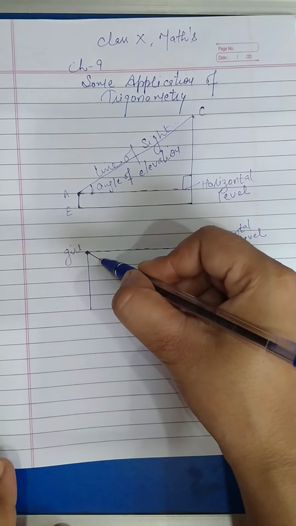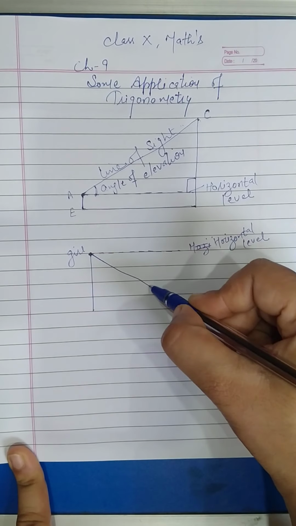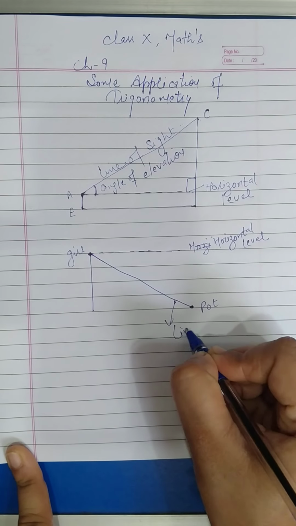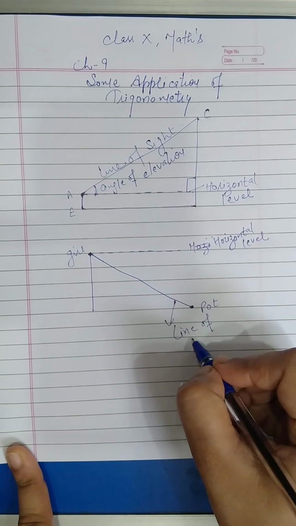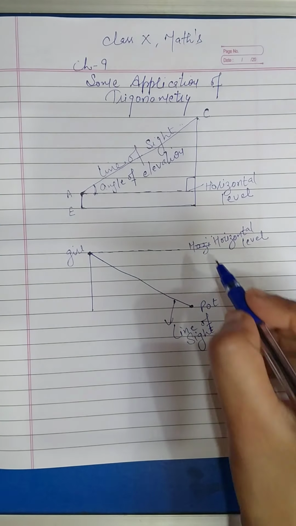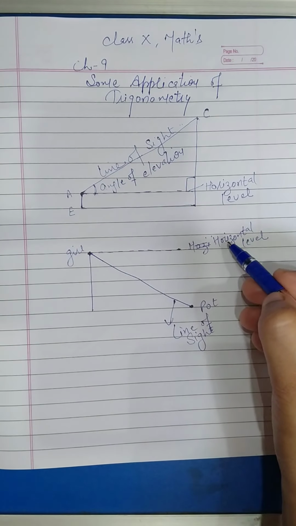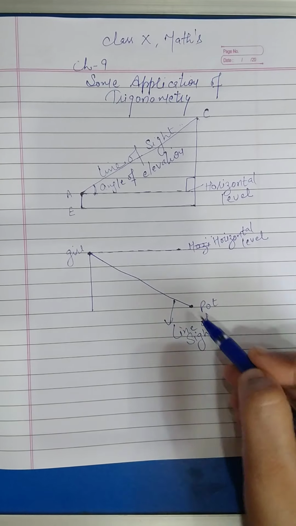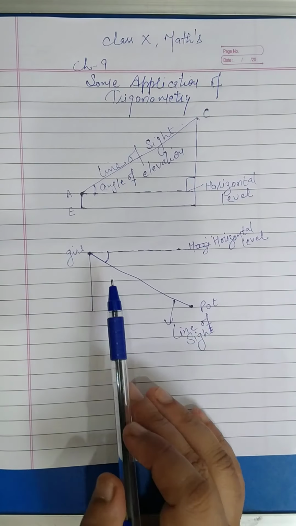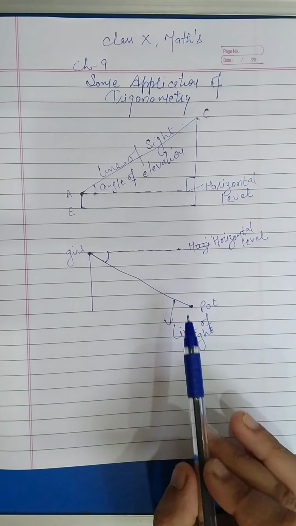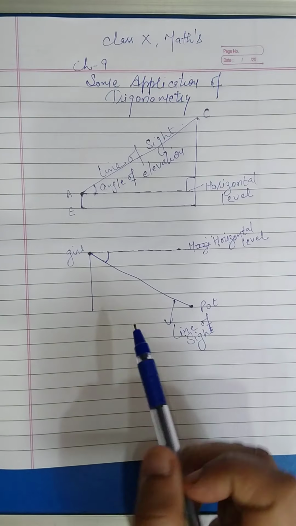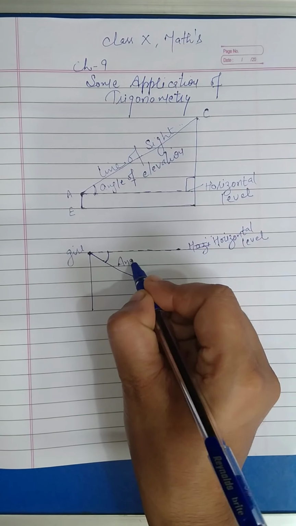It means now the girl is looking down, so this line is known as the line of sight because she is observing this. Now see, again between the horizontal and the line of sight, one angle is formed. Again I am repeating, the angle between the horizontal line and the line of sight. But the girl is observing down. This angle is known as the angle of depression.